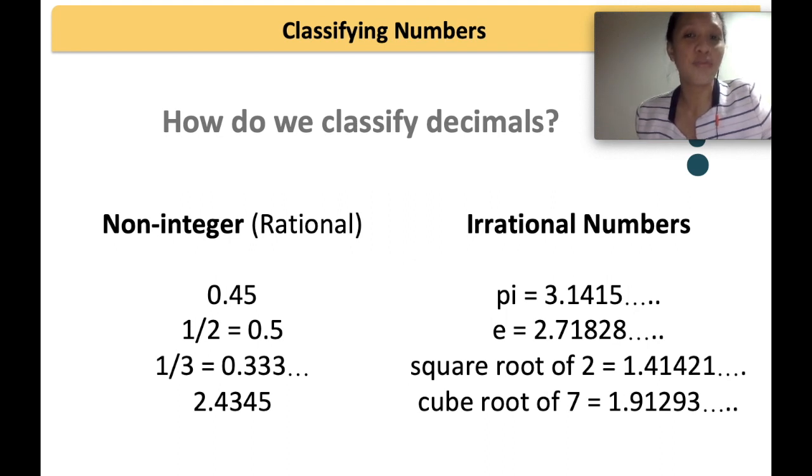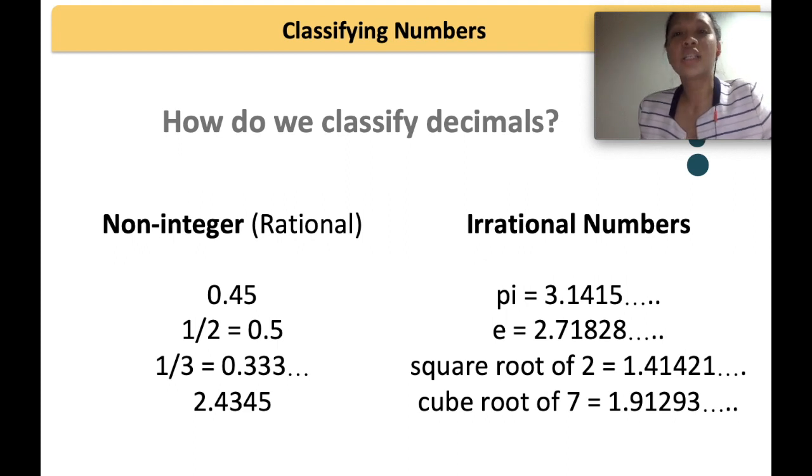So, the value of pi is equal to 3.1415 something, something, something. So, mahaba ang value ng pi. How about e, or Euler's number? This is equal to 2.71828. Actually, umulit ata yung 1828 dito. Pero yung mga sumunod na numbers is hindi na repeating. Pi and Euler's number are examples of irrational numbers.